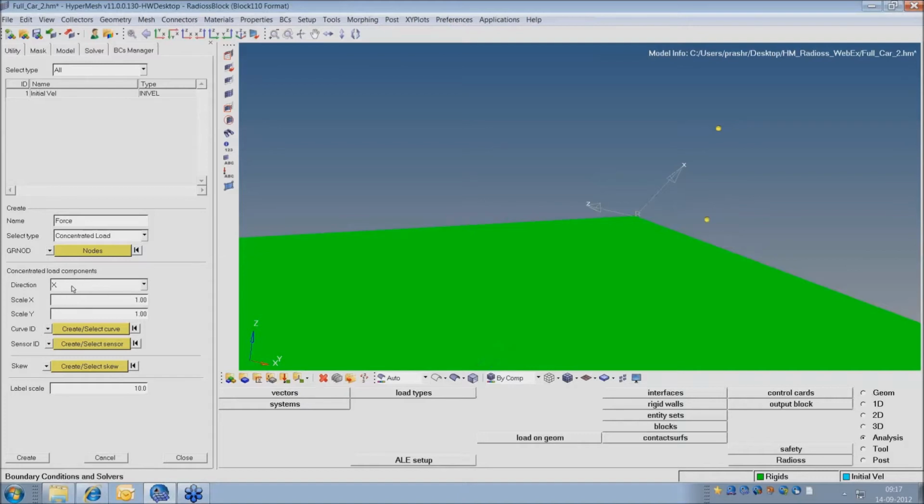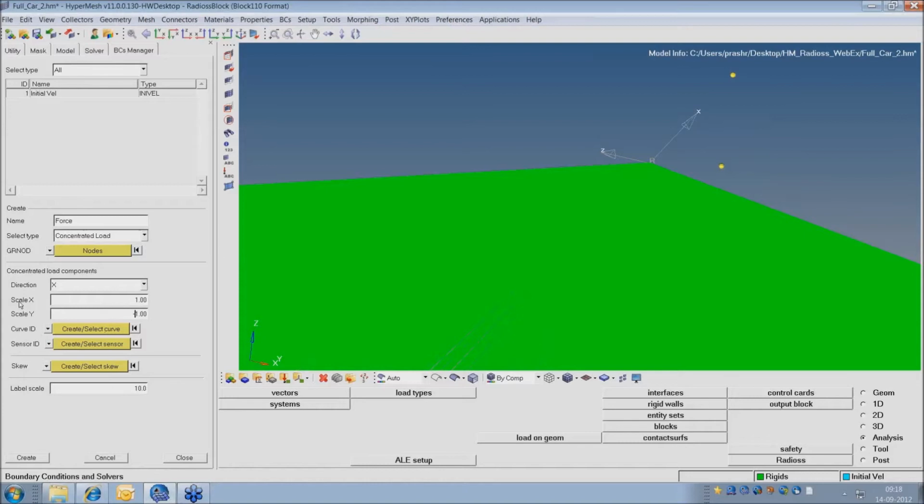So now for the direction, I have to read this local skew, not the global one. So here I want the force to get applied in this direction, so I'll keep it at x only, and I want it in the opposite direction of this x. So this is x positive, I want it in x negative. So for that, what I am doing is I am putting this y as negative. So this is one important thing to note.